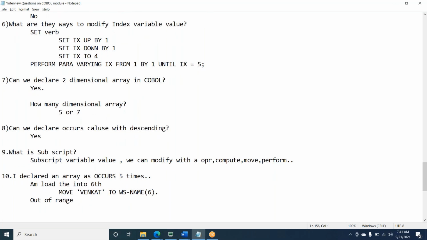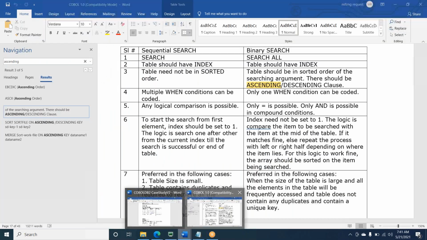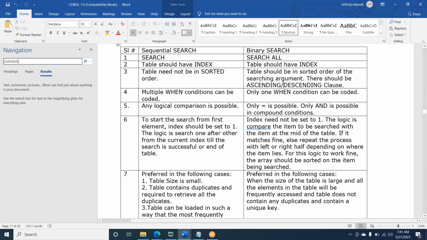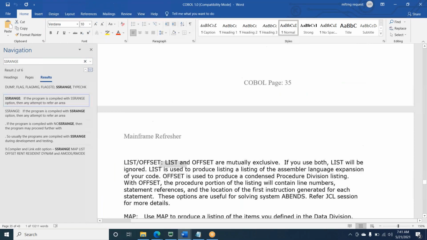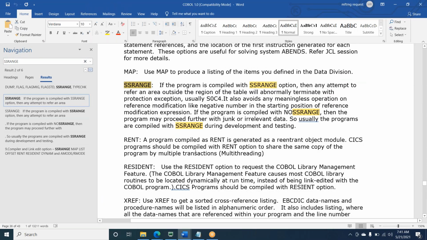There is a concept called SSRANGE, NOSSRANGE. Whenever there is an out of range concept, you should check these two immediately. Let's see what SSRANGE is. Please read this option, team. Let me copy.